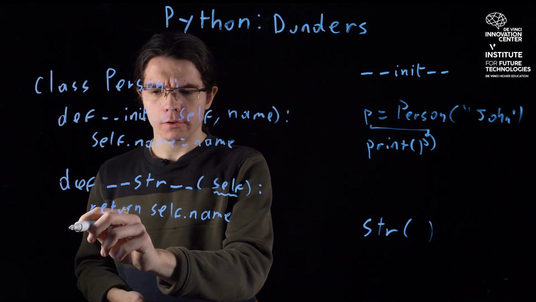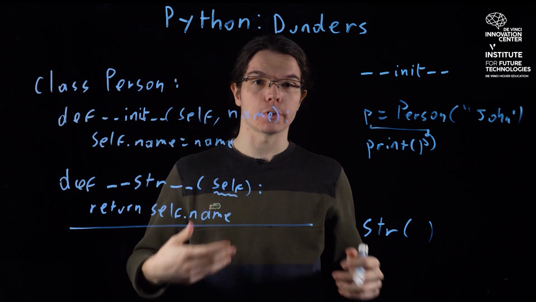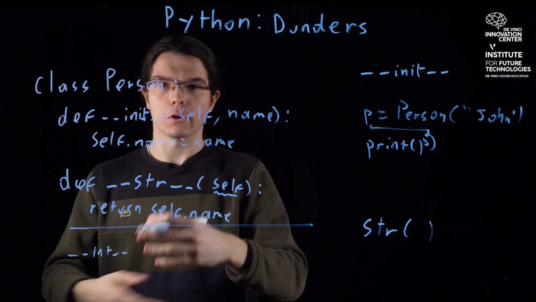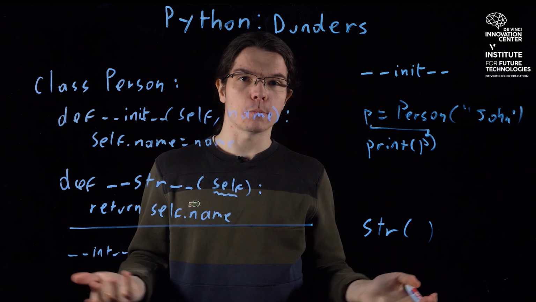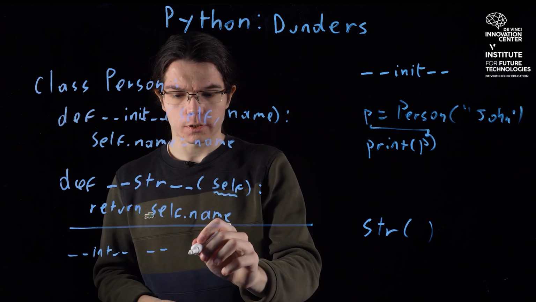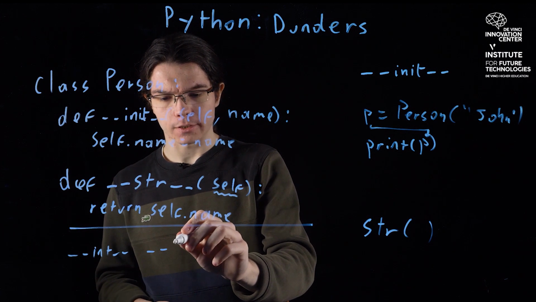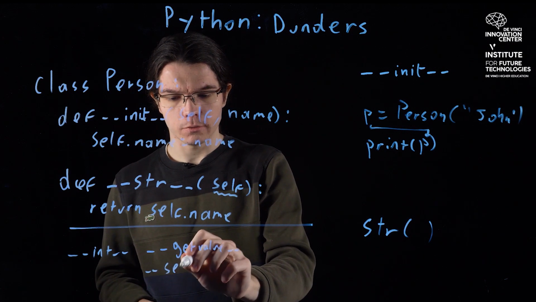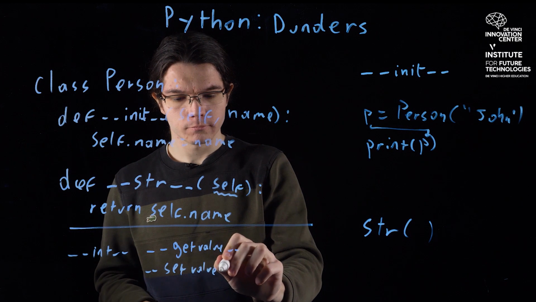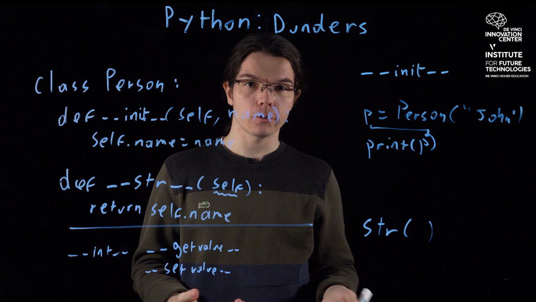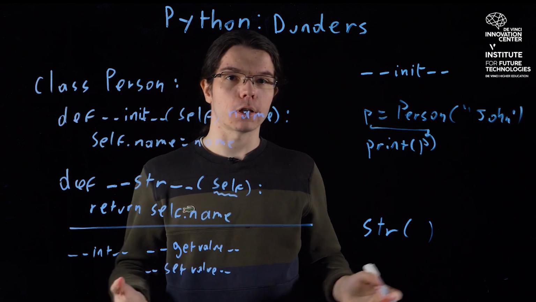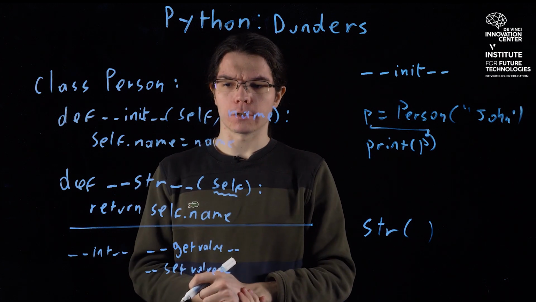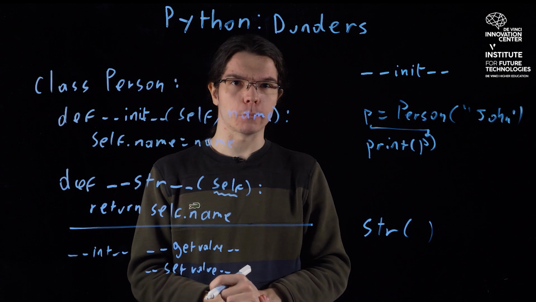So there are a lot of other dunders like that you can actually look up, and you can have a look for yourself. You can have a look at the int or float or str that can change the type of one object. You can have a look at what it means to get and set, or get value and set value. So you can have a class that can support dictionary operations, or you can just have a class that can support what's called subscribing or subscription. Or you can have a look at any other dunders that can exist, and it can be really interesting.